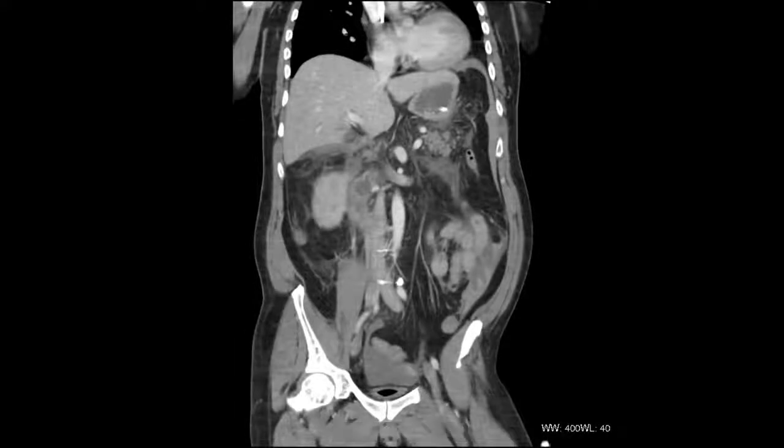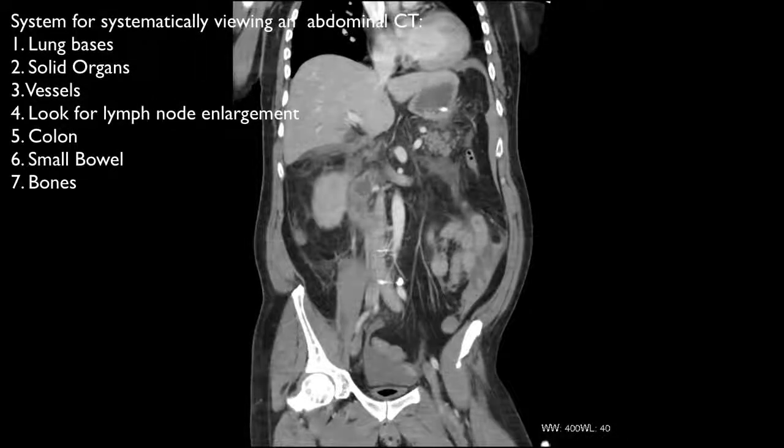Okay, that's great. So, well, thanks. We've seen some really interesting scans. Just take us through your method for looking at any CT. So, first of all, read the clinical information very carefully, because that's often a good pointer as to the question you need to answer. Then, if you're just going through a standard abdominal CT,